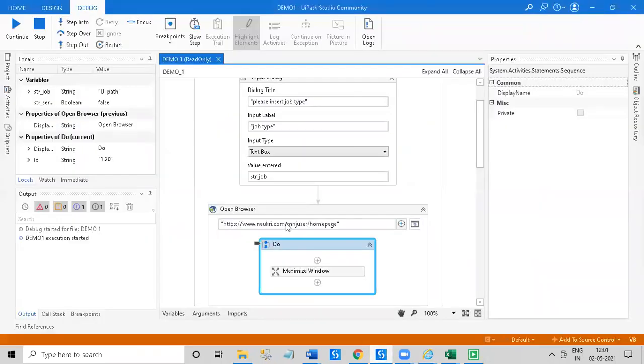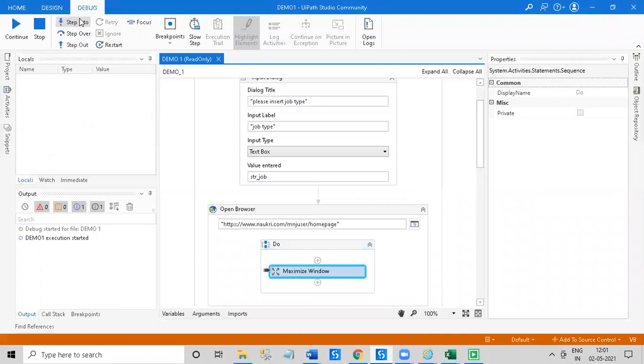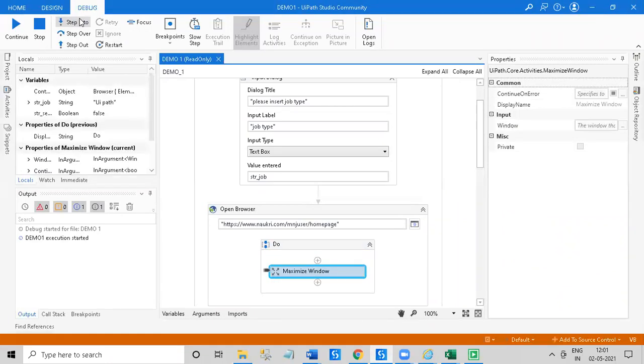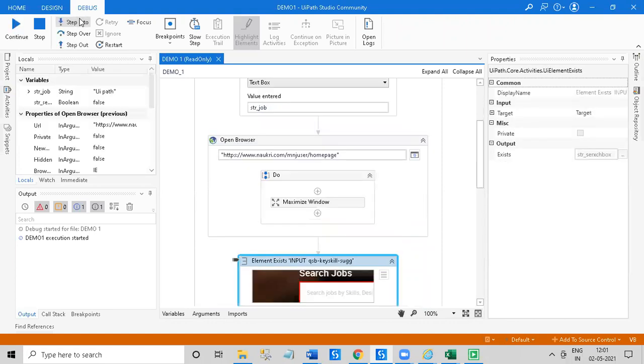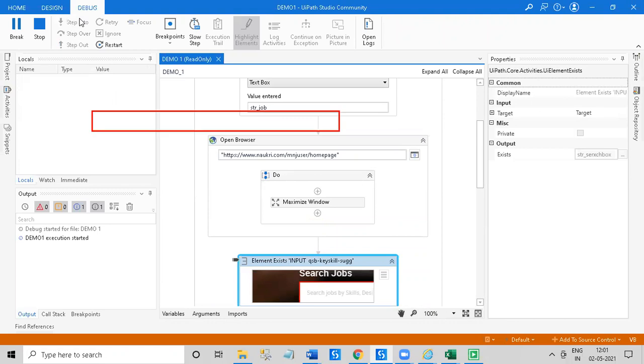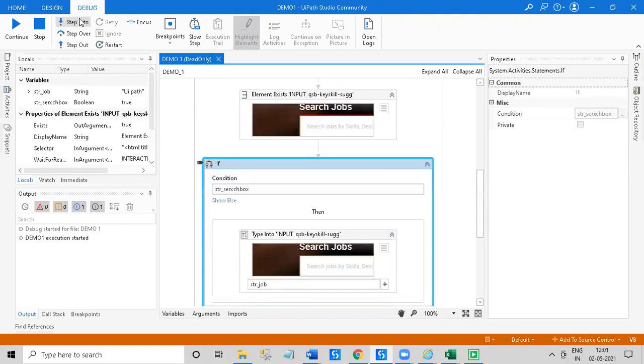After that, it will maximize. This is the standard practice: once we launch the website, we pass the maximize window activity. If the window is maximized, the robot is not going to do anything. If it is in minimized mode, it will maximize the browser. After that, it will check whether the section in which we are going to pass the UI Path job is present or not.